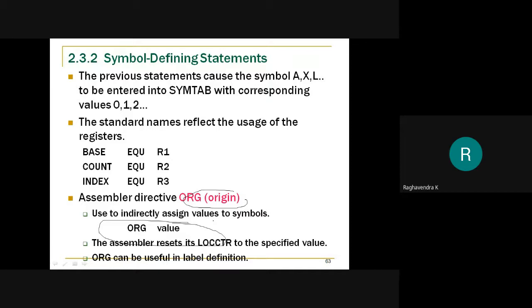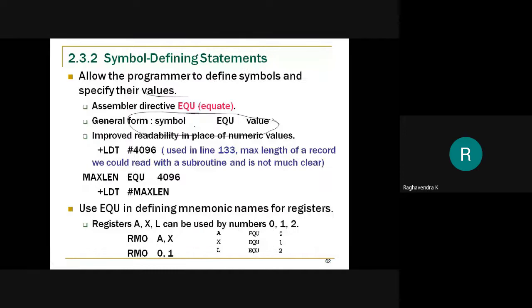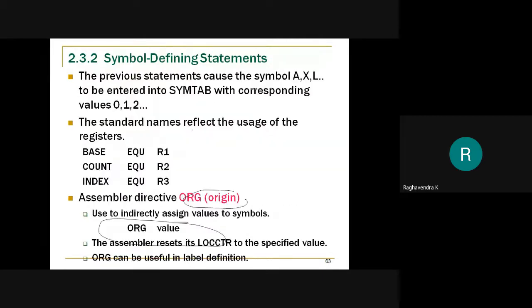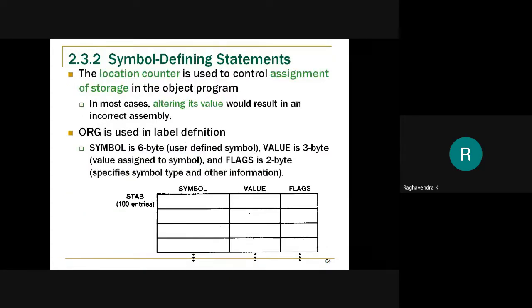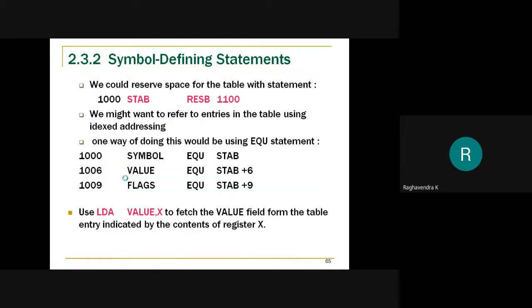So now both of them are used to define symbols in your program, and as I said, they can be utilized in your programs in order to define symbol values or register values. Okay, or you can also assign or give names to registers. So like this, it can be utilized. And org can be used where you need clear definition, because it resets the value of the location counter. You need to be very careful with that, and you are supposed to assign the value.